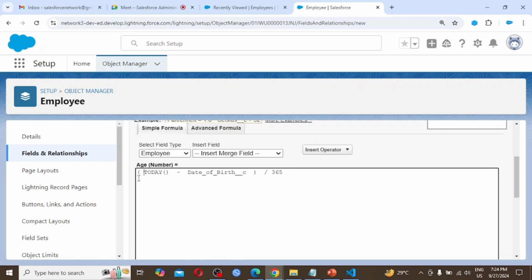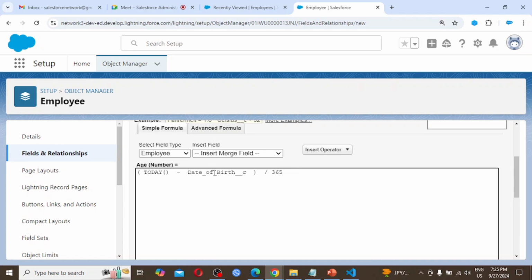So first we are starting with a small bracket open, then the today function, meaning a small bracket opening and closing, then space, subtract, space, our field name. Whatever field name we had taken there, that field name we have to copy and paste.